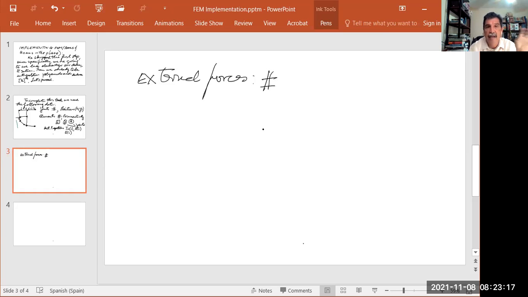For example, 10 external forces, but each one of those is to be applied in a certain joint, right? And not only that, but each joint, remember, you have deflection in the X, deflection in the Y, and rotation. So as an external force, you could have either force or moment. So we need to specify for each one of them the joint